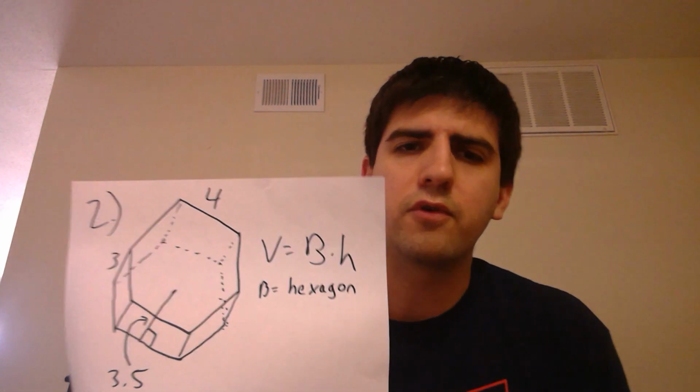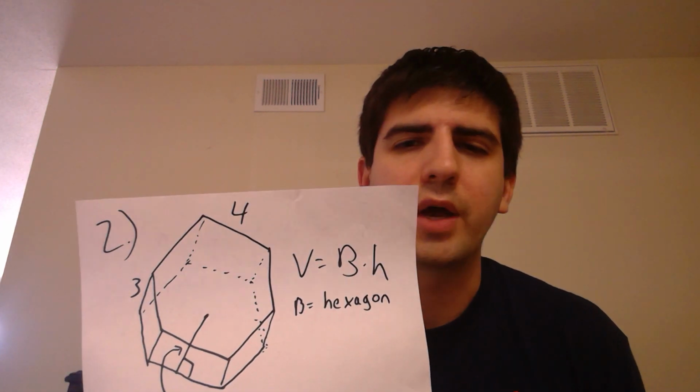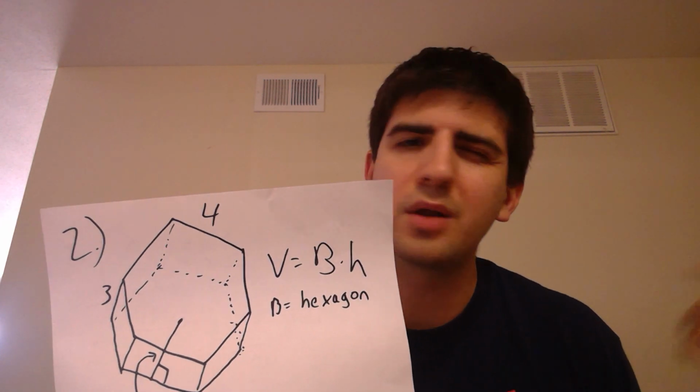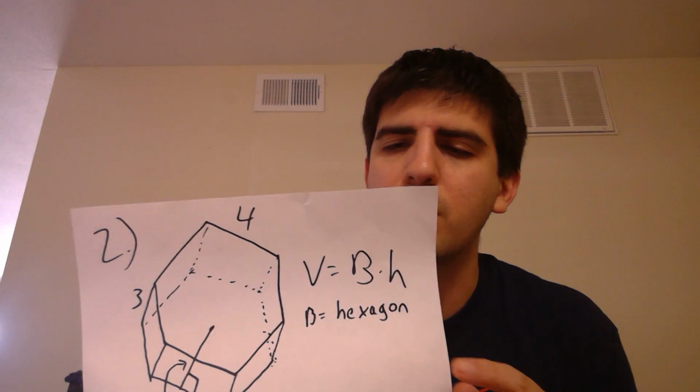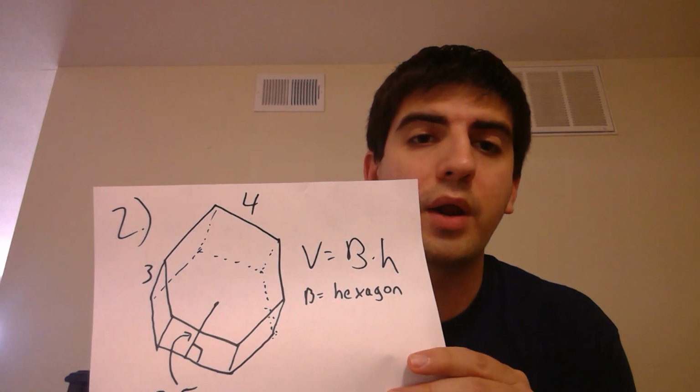And you might say, okay, what's the area of a hexagon formula? Well, I don't know the area of a hexagon formula. It's kind of a difficult formula, and there are all sorts of shapes. It's going to be too hard to know a formula for every shape. I just want to use that 1/2 AP formula again. So big B is a hexagon, the base is a hexagon, and the area of a hexagon